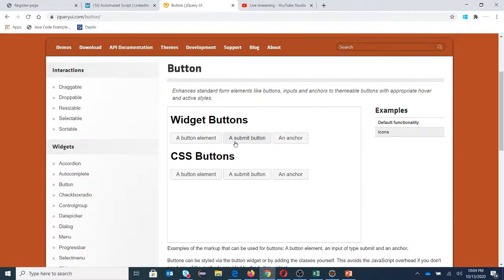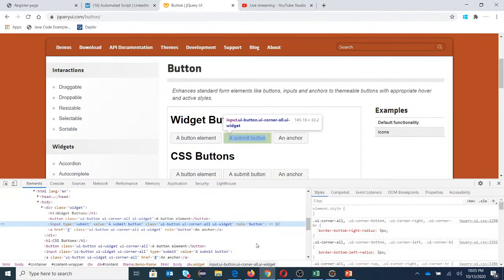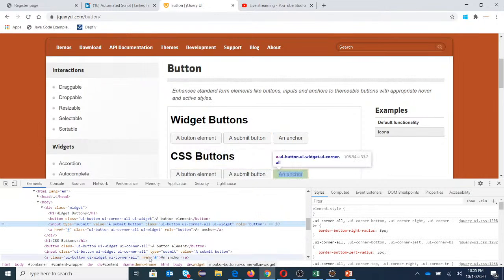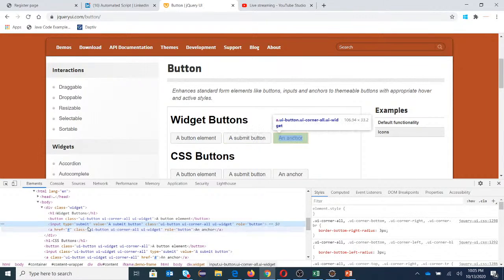Let's try to find out the button here. We will just explore one of these buttons, or I simply wanted to identify the submit button. Let's try to inspect this now. If you can see here, I do have value equals submit button. If you can see here, the value equals submit button. So I do have my query. Now this is a jQuery page, and it used